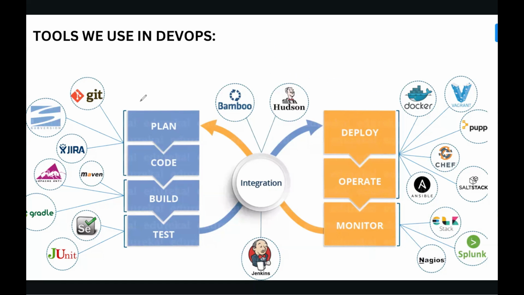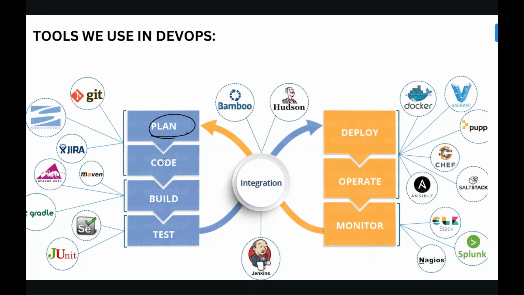So see here. The first phase is about what? It is going to be the plan, right? For the planning purpose, we are not going to learn any tool and we are not having any tool. Why are we not having any tool? Basically it's going to be the plan, right? What type of application we are going to create, how many services we are going to implement, how many developers we are going to involve, and also what type of cloud we are going to use. These are all the plan. So for the planning purpose, we are not having any tool and we are not going to learn anything.